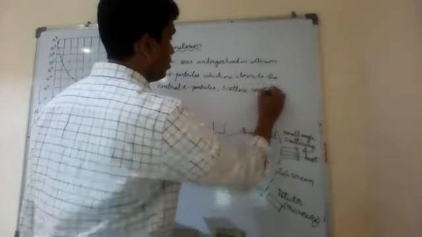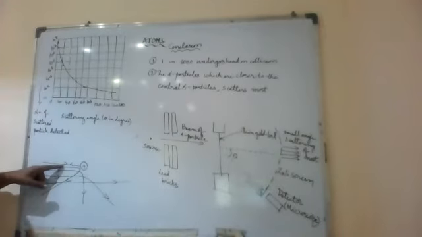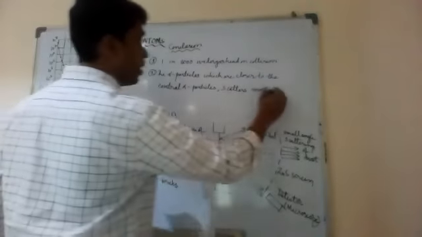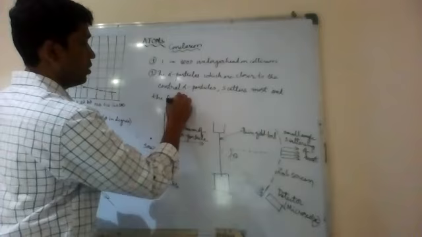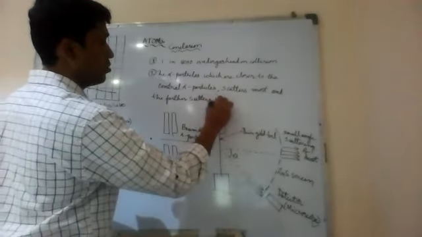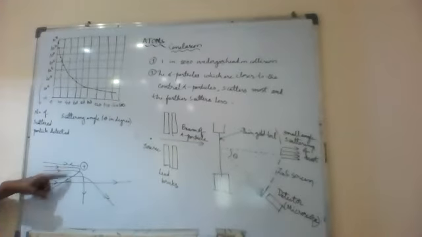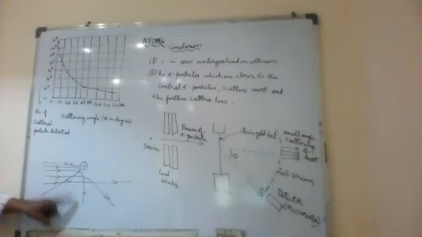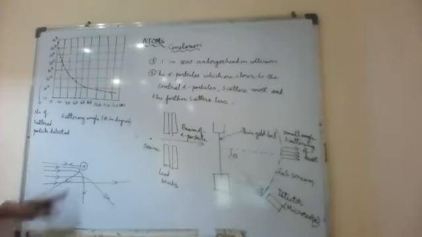Alpha particles which are closer to the central alpha particle, they scatter most, and the farther ones scatter less. That's the meaning: the alpha particles which are very close scatter more. See here, this is scattering less. Now here, 90 degrees, this is almost low, and this is nothing. Means as it is moving away, so this is a scattering angle